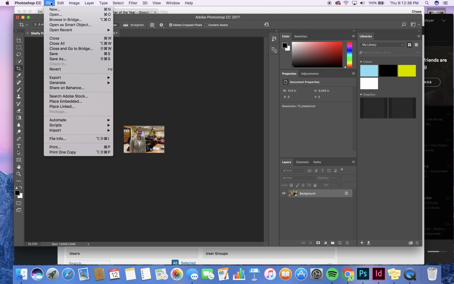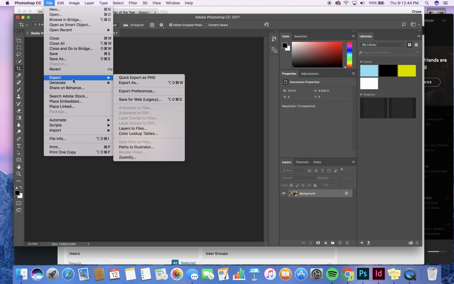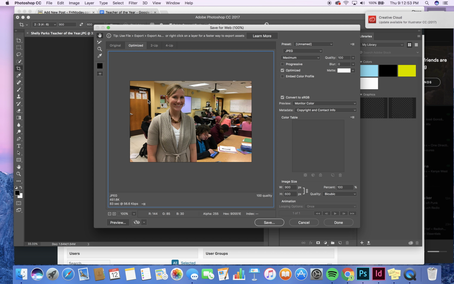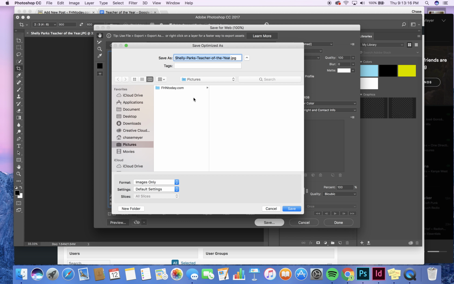So in the publications versions of Photoshop, as you select file, there is a menu option down here that says save for web. If you're using Photoshop CC, it's going to be export, save for web (legacy). It'll bring up a screen that looks like this. People do it differently, but I suggest saving it as a JPEG via this drop-down menu here, and then make sure that maximum quality is selected here. Don't have to worry about any of these check marks here. I'm totally fine. And we're going to save this over here